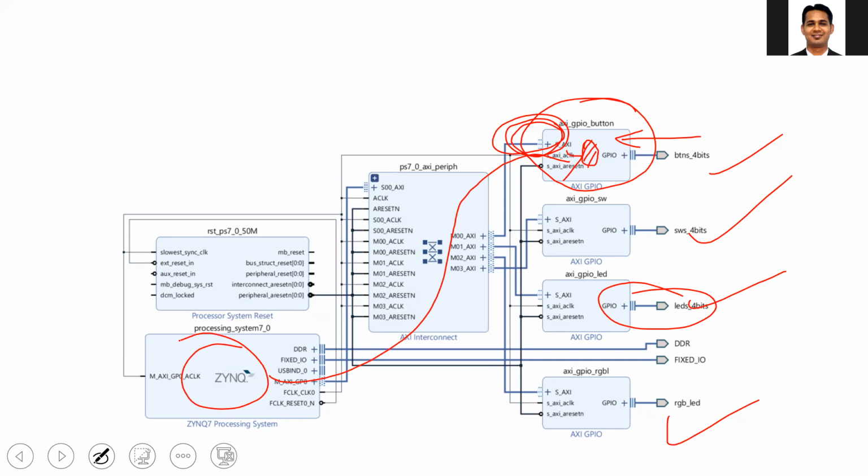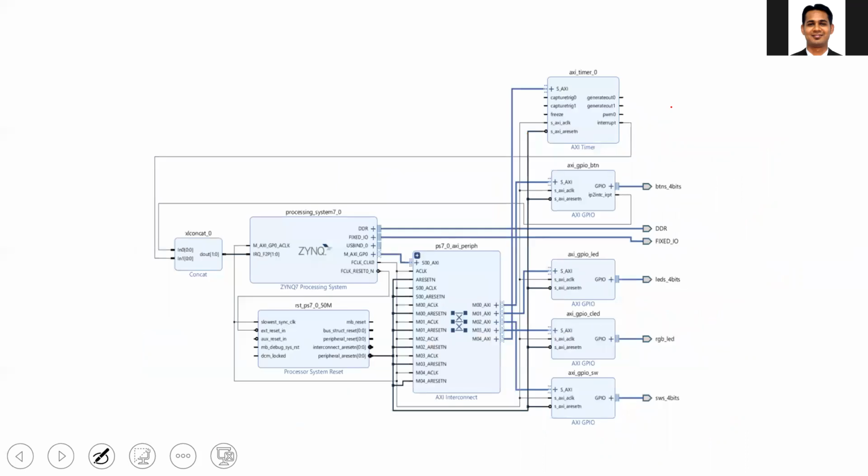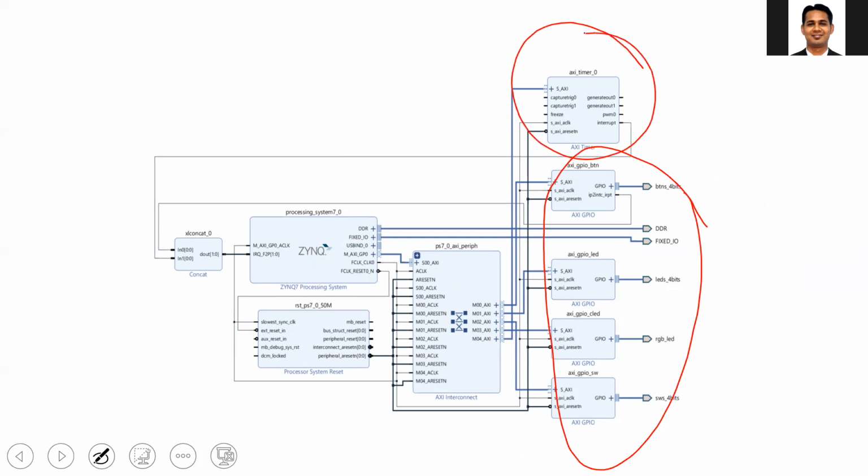For example, you can use the drivers of the corresponding GPIO to read from the appropriate register inside the GPIO. The same thing can be made more complex. You can see that in addition to your GPIO, you have the additional AXI timer IP here. This is nothing but an IP which can be used as an up counter, down counter, or it gets triggered when a particular event happens. So it's a multi-purpose timer IP, and you can use that IP.